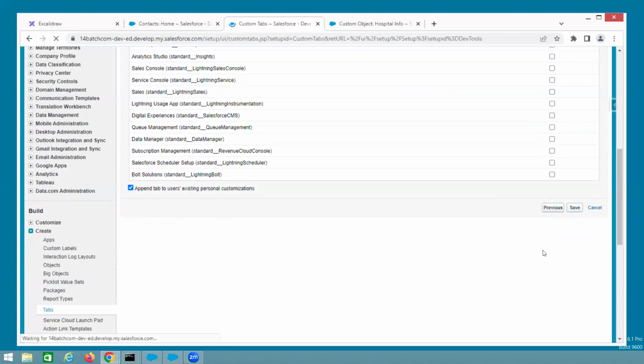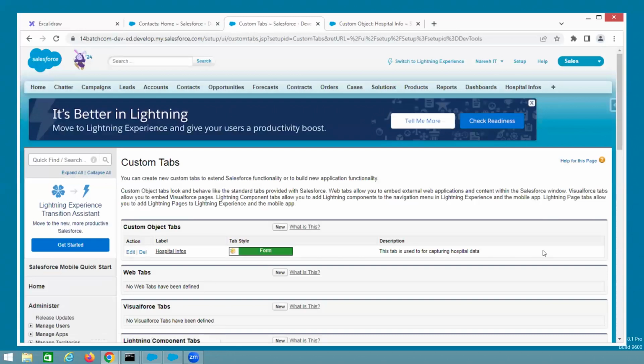Okay, here are three steps. One, select the object, singular label, style, and add the description. Come to the next screen, where a security page comes. Skip it. Third step, whatever tab is created, where to display it, in which application. That is the third step. So see,